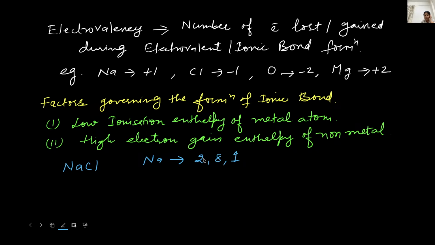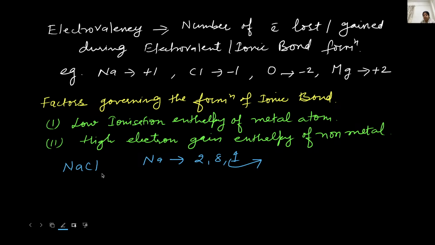This means that if we try to remove this extra electron from the sodium atom, we need some extra energy, isn't it? We need energy to remove this extra electron from the outermost shell of sodium atom. And this energy is called